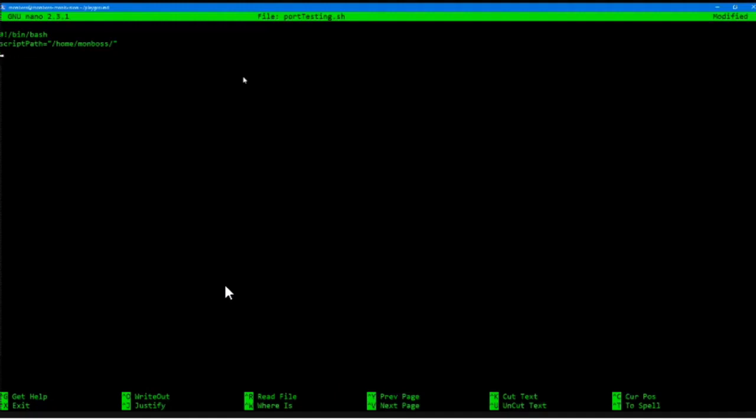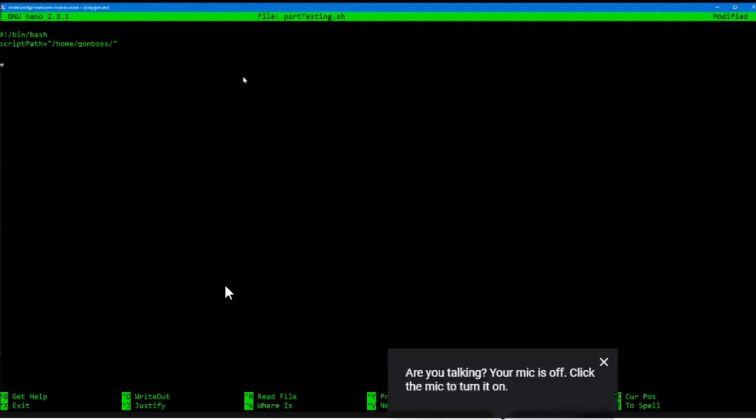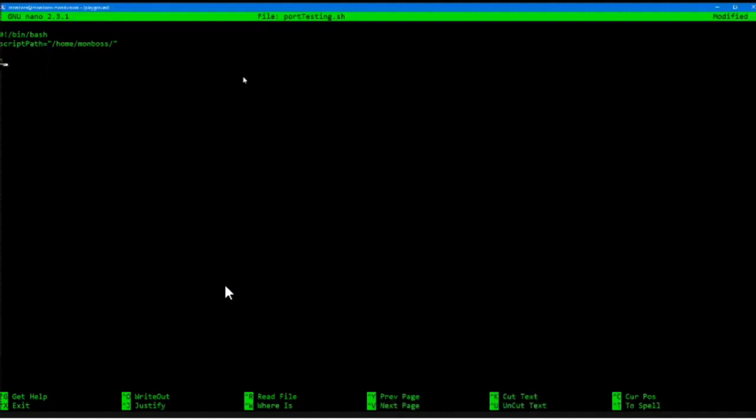The next thing is how you actually call a variable. I've created a variable that has the value /home/mon, which is the path that I have. Let's say I have to use this variable in some command. I want to pass the value defined by the variable in the command. Let's say I just want to do a simple ls -lh, which, if you remember from your last call with Rohit, lists out all the files in a human readable format. So if I want to see what's there in my script path,